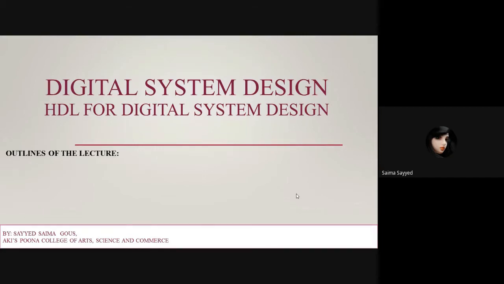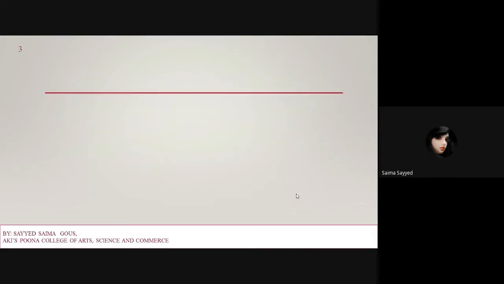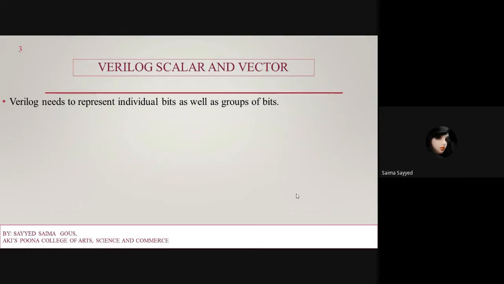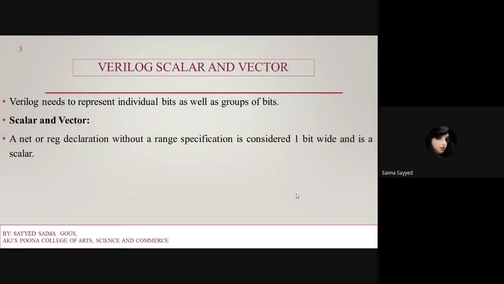Everyone. Today we are going to learn about scalars, vectors, modules, and ports in Verilog. So, what are scalars and vectors? Verilog needs to represent individual bits as well as groups of bits. Now, we have seen there are two types of data types, nets and registers, where